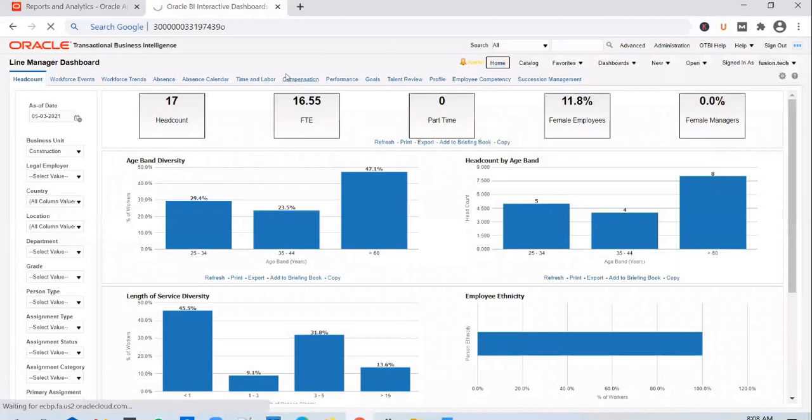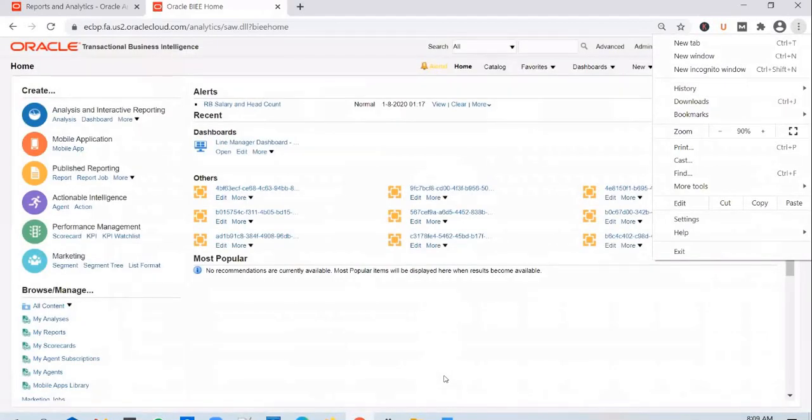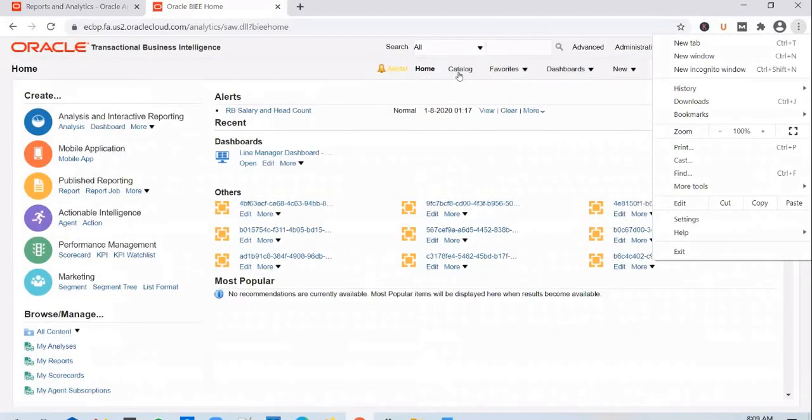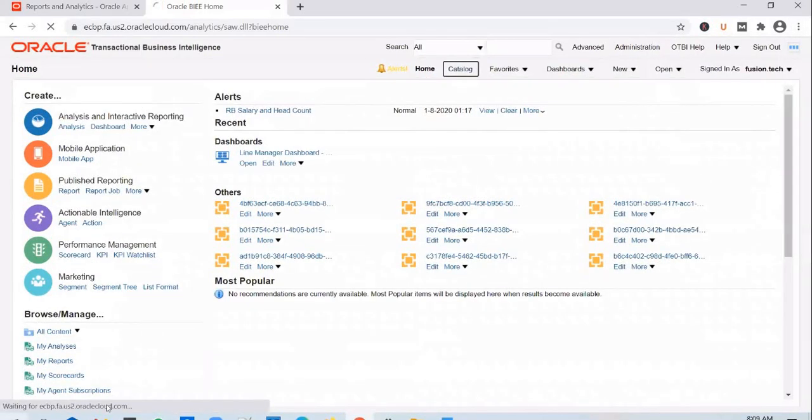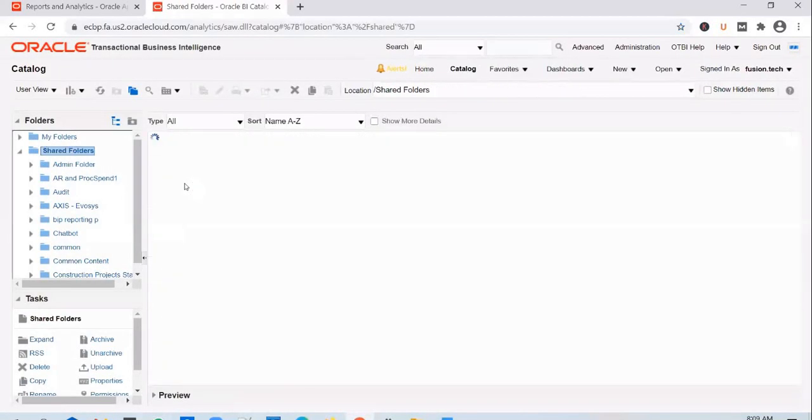So go back to the home page, and we will create a new report. Go to Catalog, and we can go back to the custom folder.